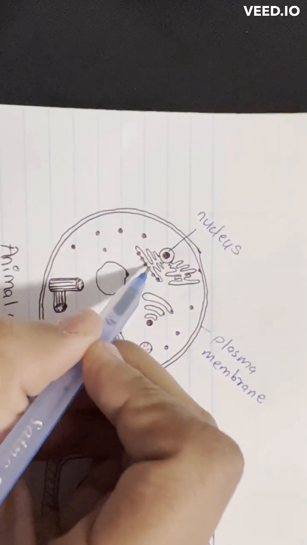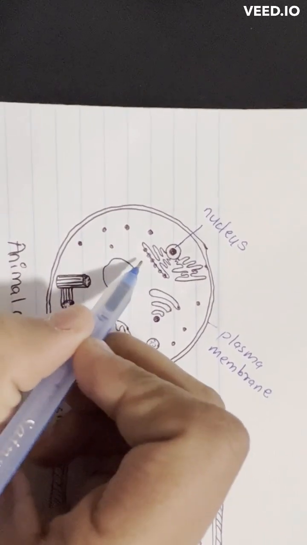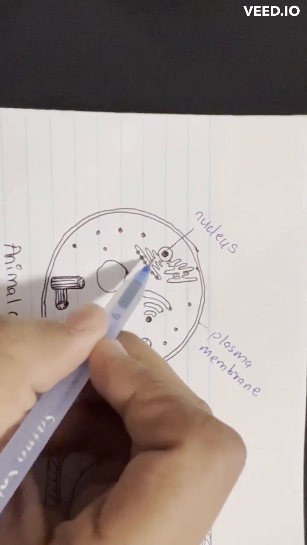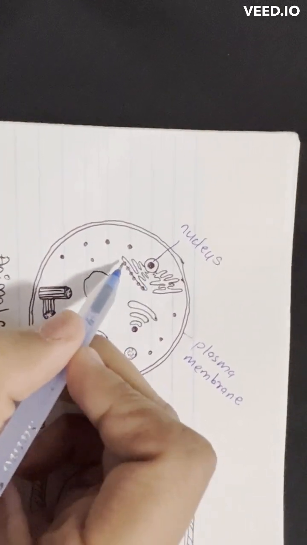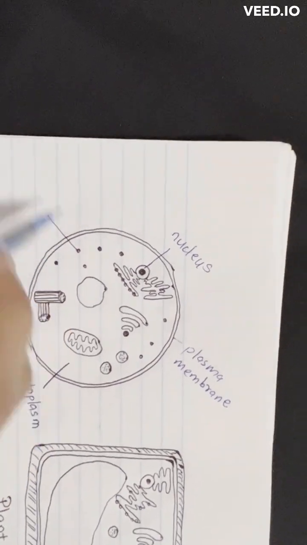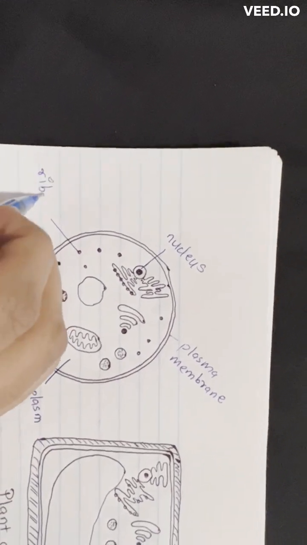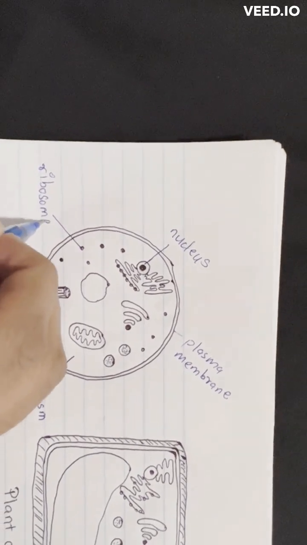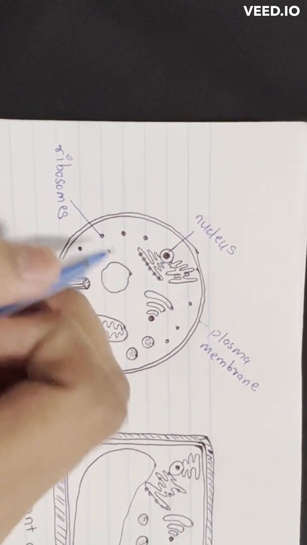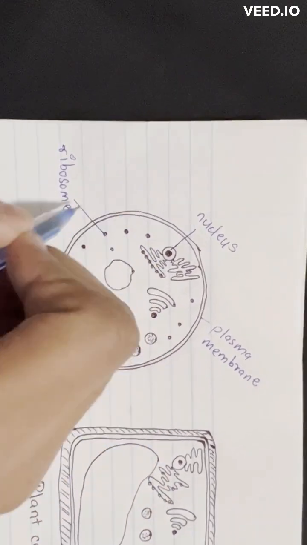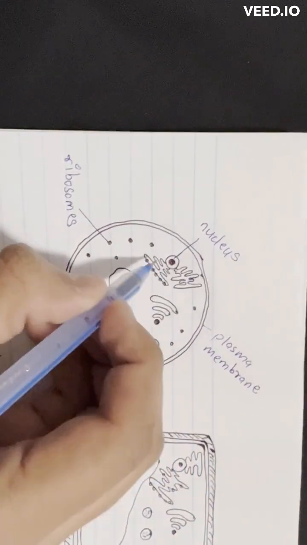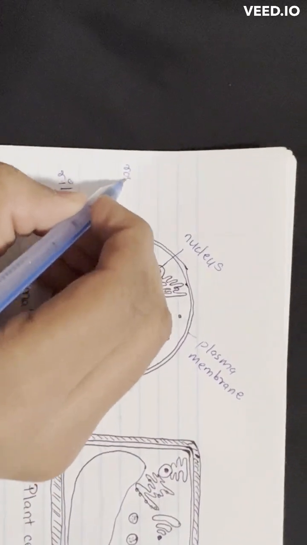Now, this one here, you see the zigzag structure. It looks like a stack of discs with these dots on. This is actually the rough endoplasmic reticulum. But before we come to this, I want to talk about these dot-like structures here. These are your ribosomes, or you can call them your protein factories, because these are responsible for protein synthesis in the cell. So the endoplasmic reticulum with these ribosomes on it is called the rough